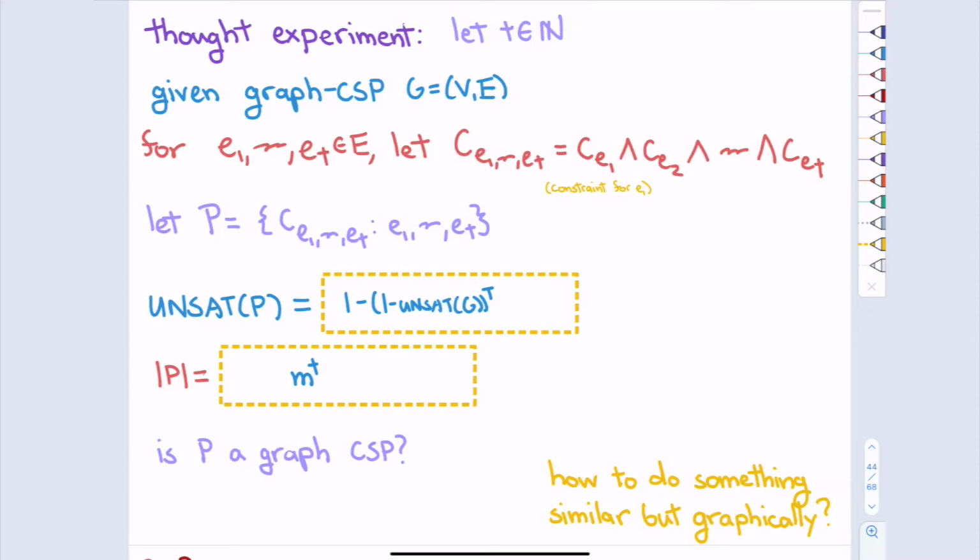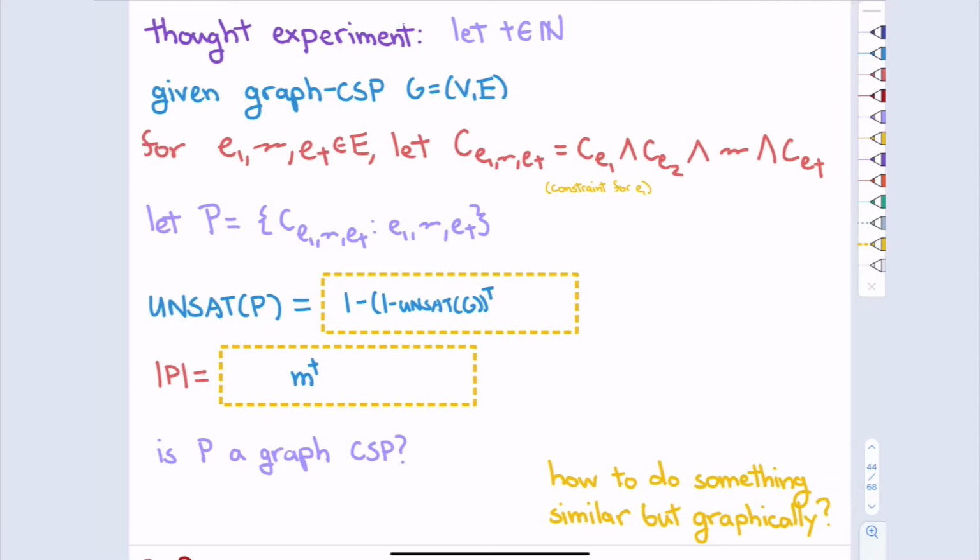One is the number of constraints goes up by a lot. If I was doing bundles of T, then I'll go from M constraints to about M to the T constraints, because of every choice of T. We do want to be mindful, because in this overall PCP proof the problem sizes need to stay somewhat similar, because the proof still needs to be polynomial size. So I can't just blow up things willy-nilly without paying any attention. So I want to be a little bit careful about M to the T. I couldn't just set T to be log n, because that would take my polynomially many constraints and make it more than polynomial.